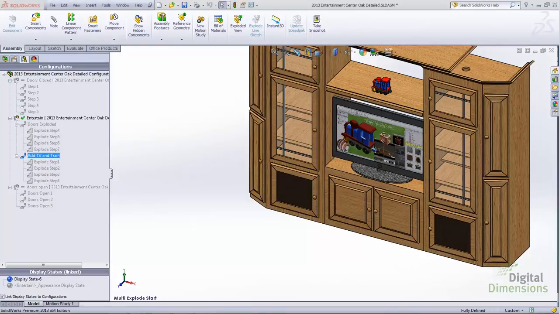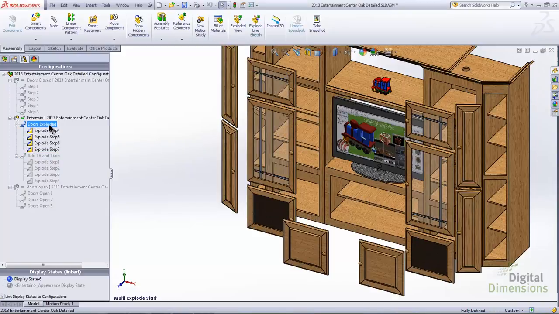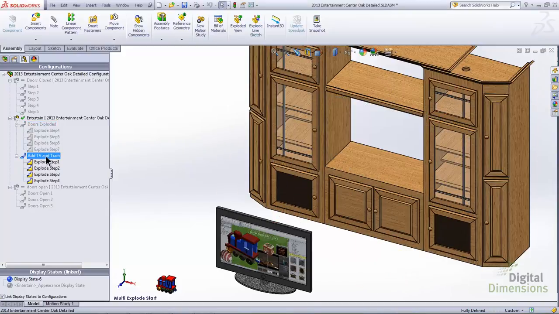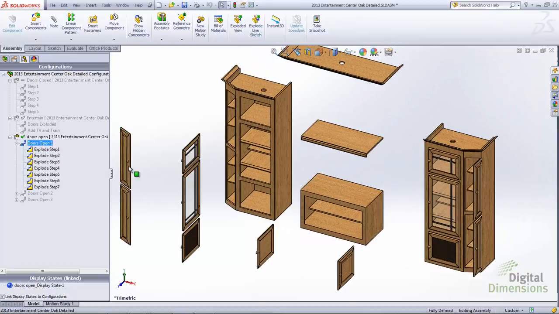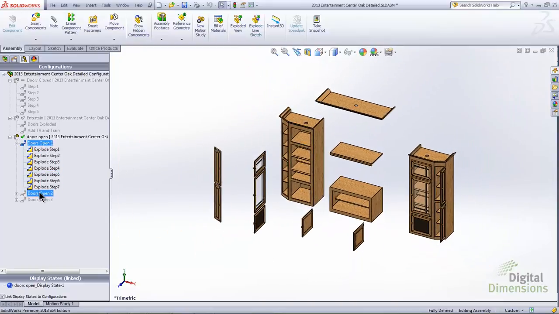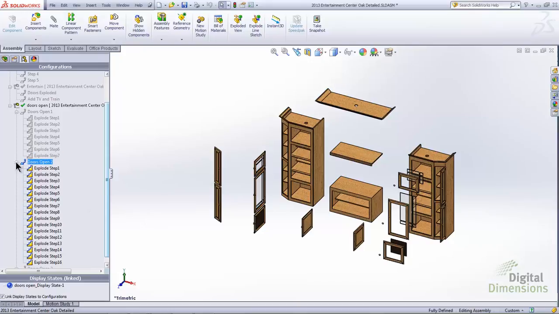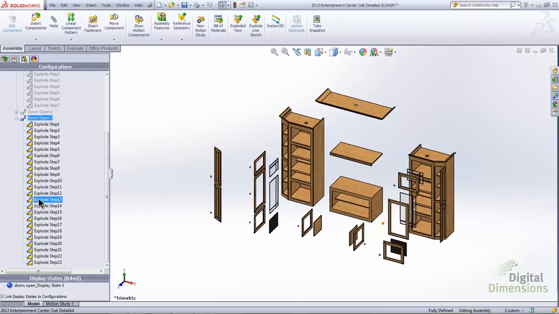Over here in SolidWorks 2013, one of the highlighted enhancements is the ability to now generate multiple exploded views per configuration. So here you can see that I have one explode view and two explode views, both in the same configuration. In SolidWorks 2012 and prior, you would have been required to have had a separate configuration per explode view. So here, if I want to generate build instructions from explode views, I'm now able to do that all underneath